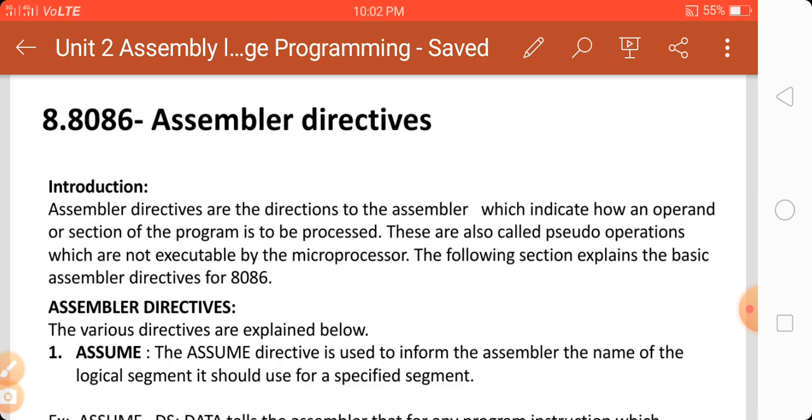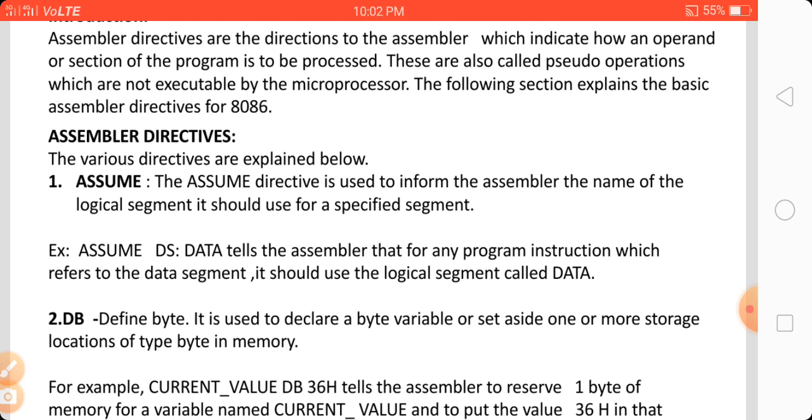These are also called pseudo operations, which are not executable by the microprocessor. The following section explains the basic assembler directives for the 8086. There are various directives explained below.